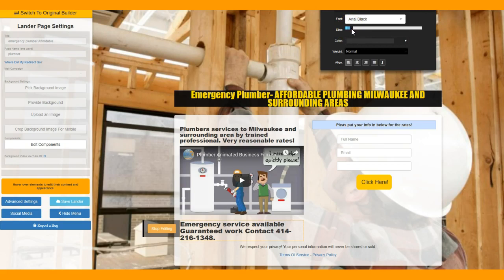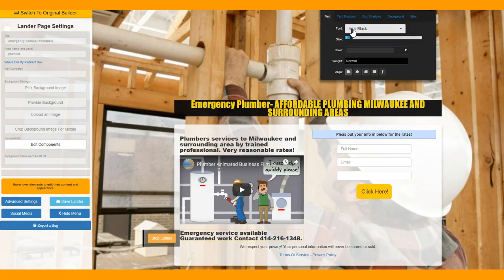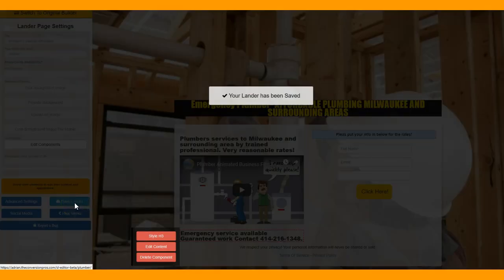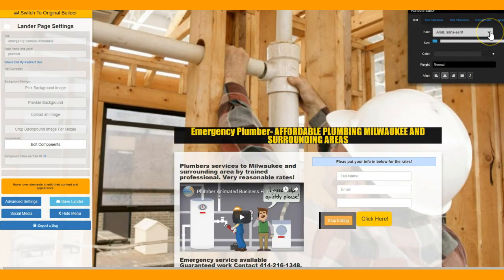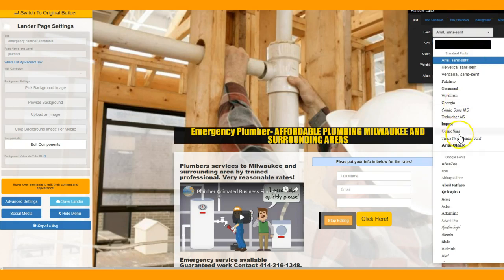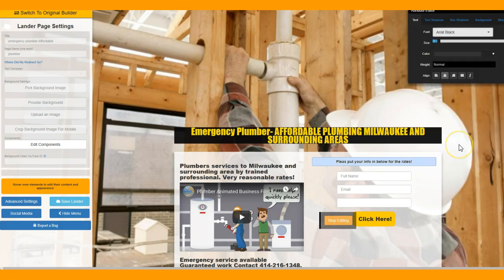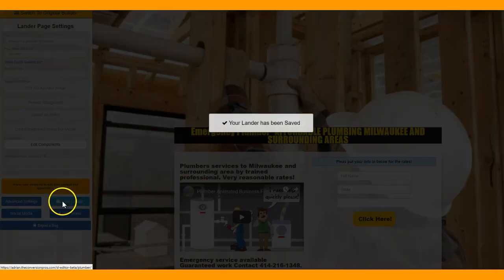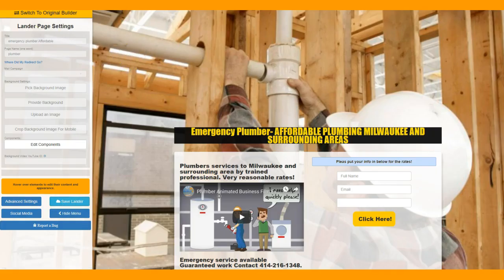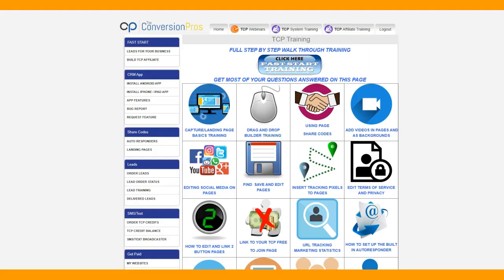So I call all the plumbers and tell them about this page. Get them a free account with the system. Okay, do this button real quick. Let's do the font real quick. Arial Black. Okay, start editing. Save it a couple times. Make sure. Okay, and guys, to learn how to create a landing page real good,